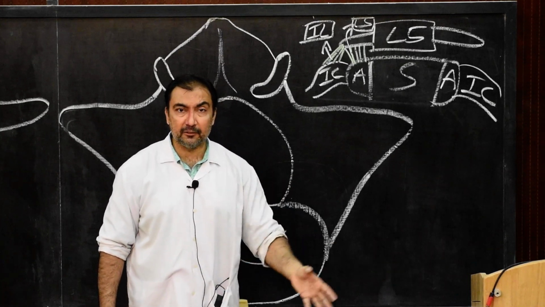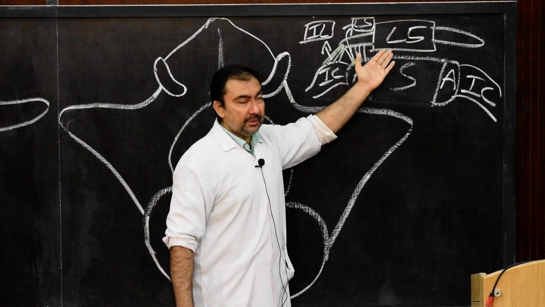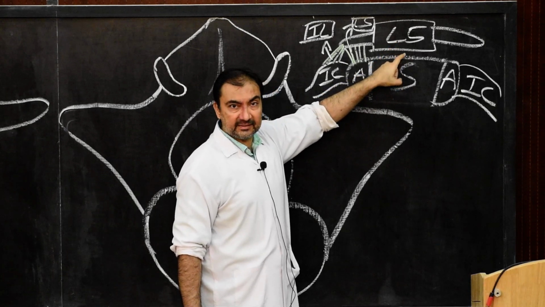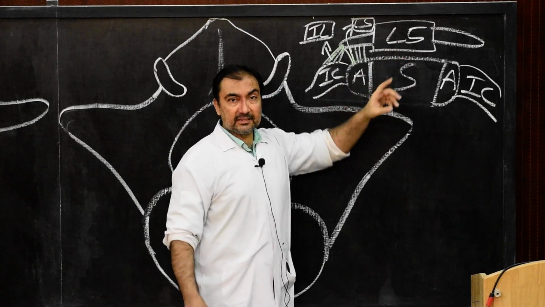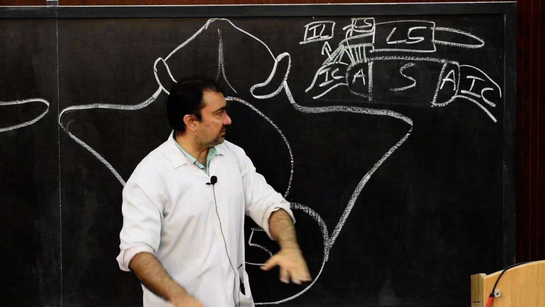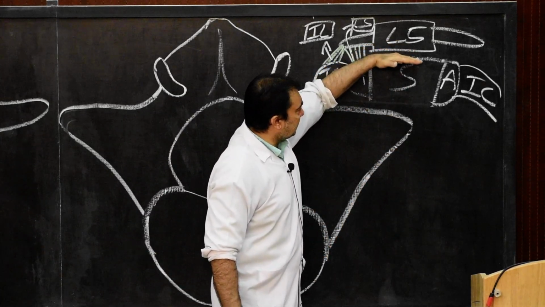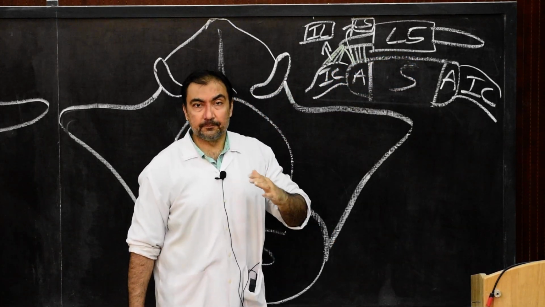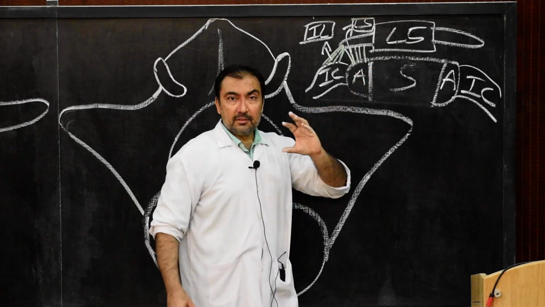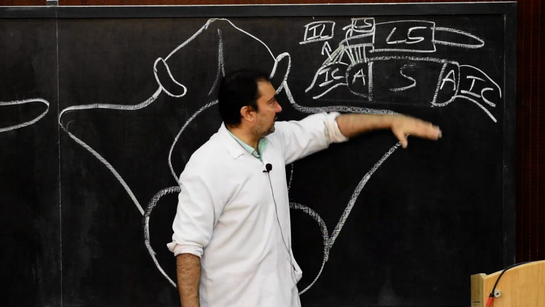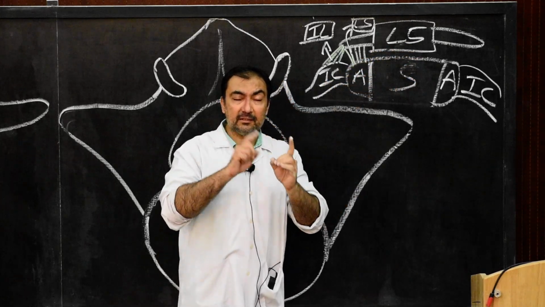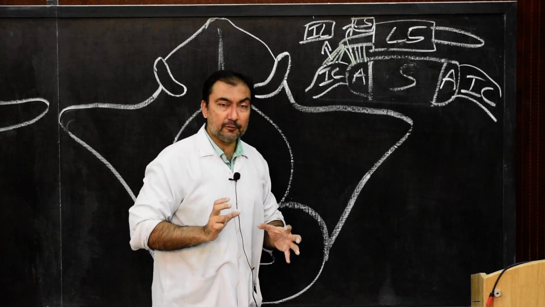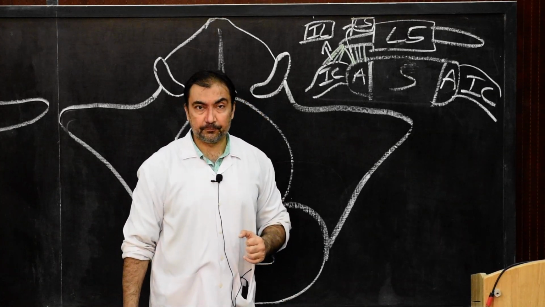The second factor which will prevent the forward slipping of L5 in the pelvis is the strong intervertebral disc present between L5 and the base of the sacrum, that is S1. And the third factor is the articular processes of L5 articulating with the articular processes of S1. These articular processes which articulate with each other between L5 and S1 also serve as a third factor which prevents the forward slipping of L5.